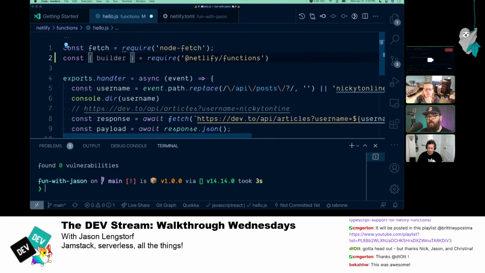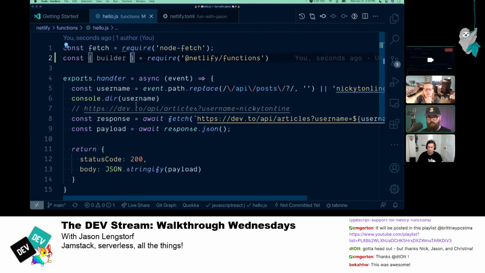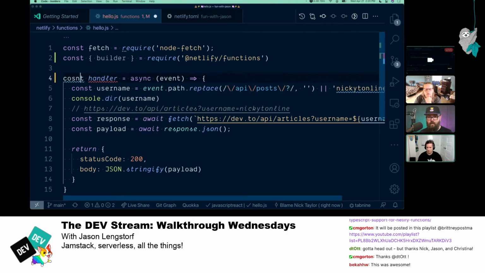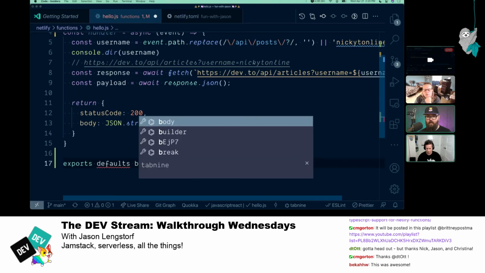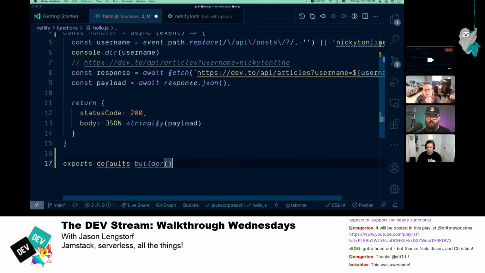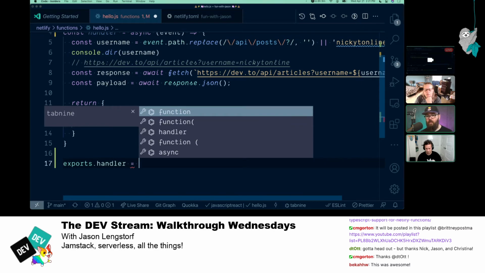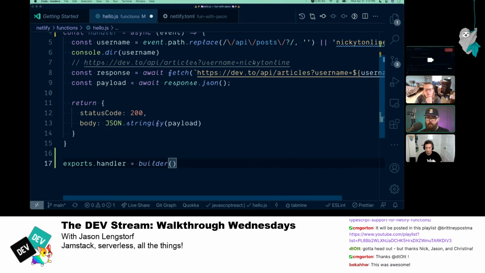Probably the easiest thing to do is to change exports.handler to const handler, and we'll export after. So we'll do exports.handler at the bottom, equals builder, and then pass our handler function to it as an argument.